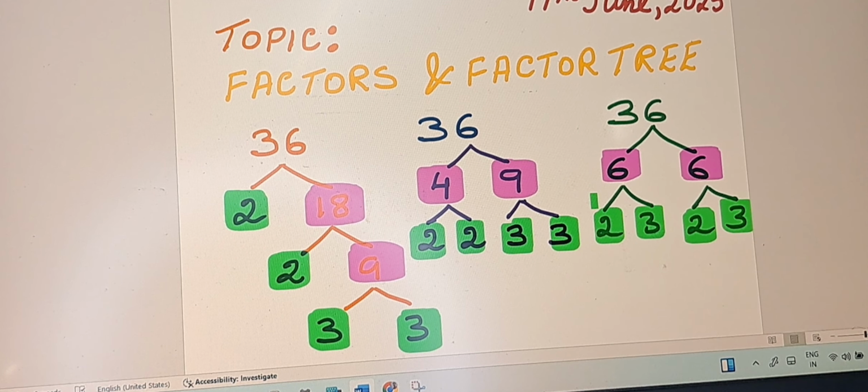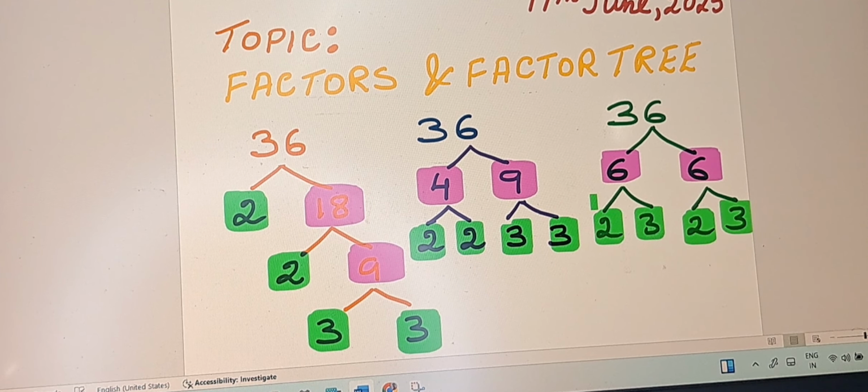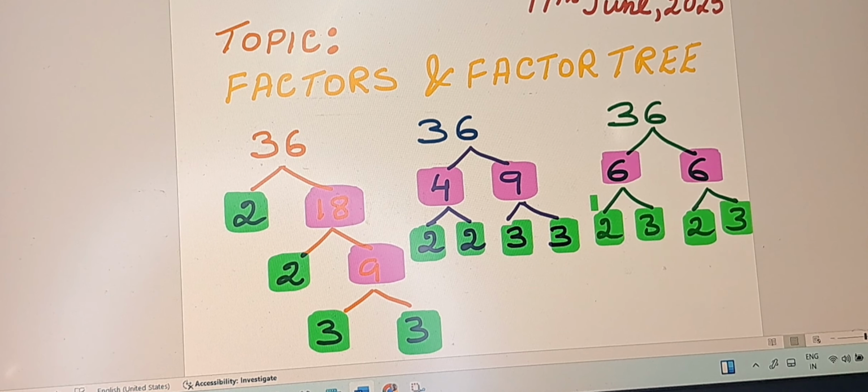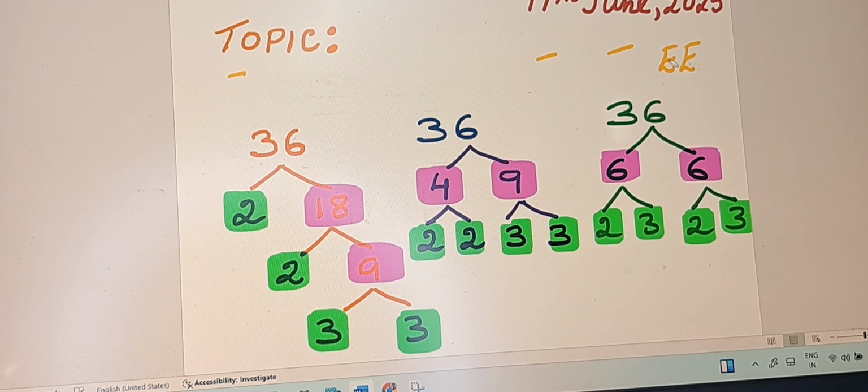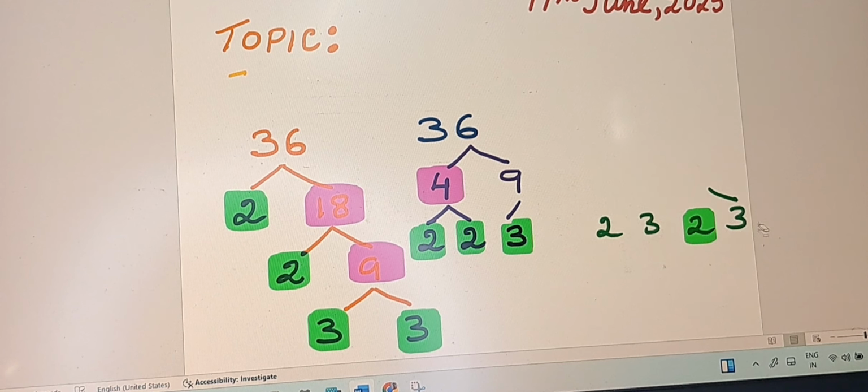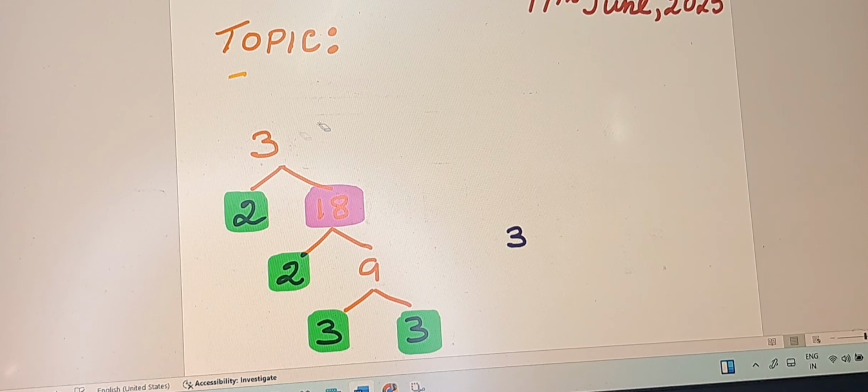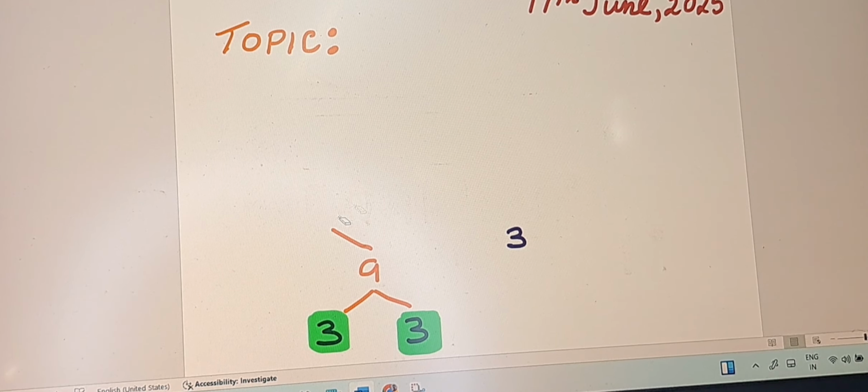So in the factor tree, what we can see over here, the prime numbers are represented with the help of green color, and composite numbers are represented with the help of pink color. So I hope you all have understood what prime numbers and composite numbers are with the help of the factor tree. Now we will move on to the next part of this video, that is how to